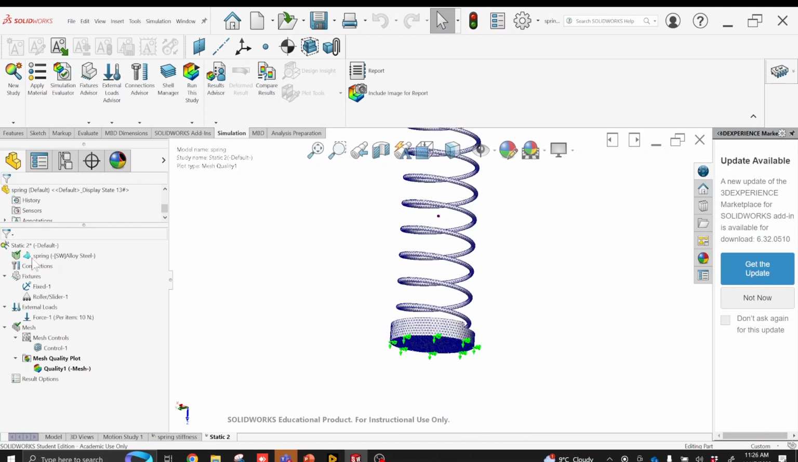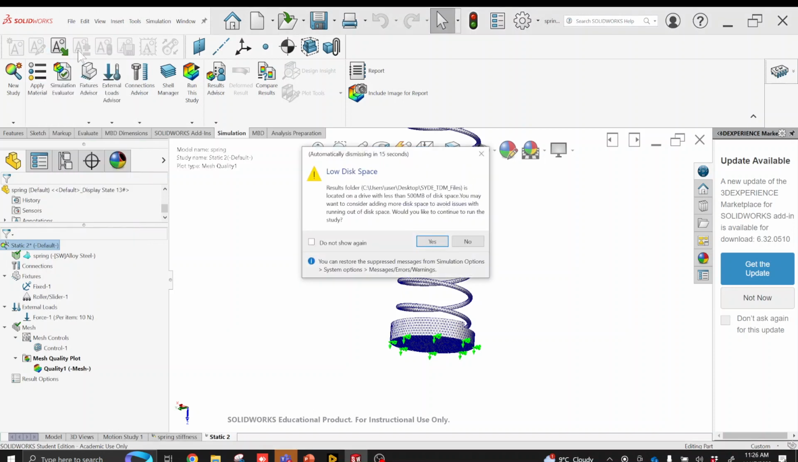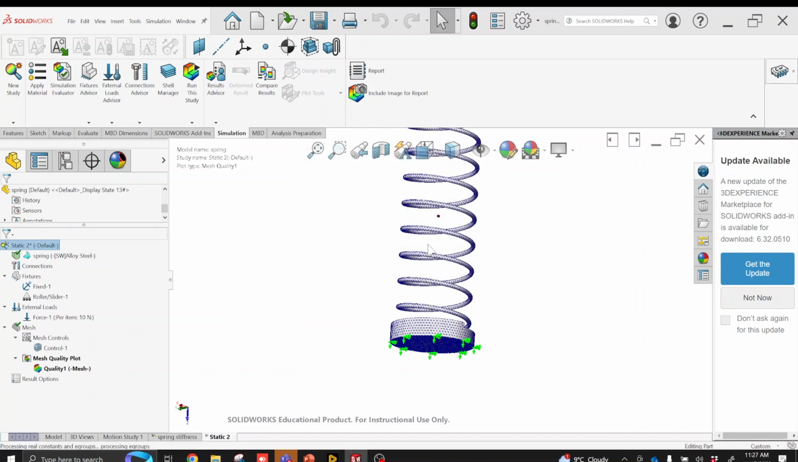So now to run the actual simulation, there is a hotkey button up here that says run the study. You can also just right click on the study here in the history tree and click run here. And it's going to warn me that I have low disk space again. That's fine. Would you like to continue to run the study? Let's see. I have less than 500 megabytes. So it'll